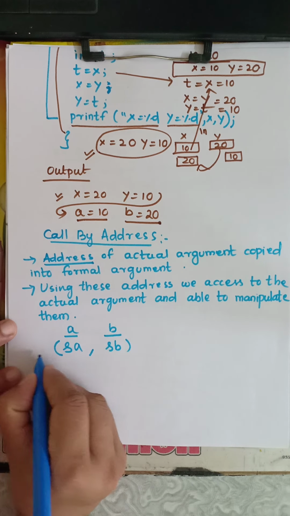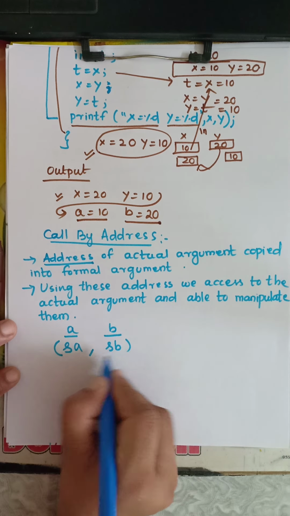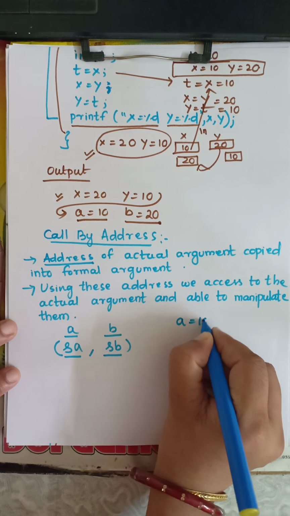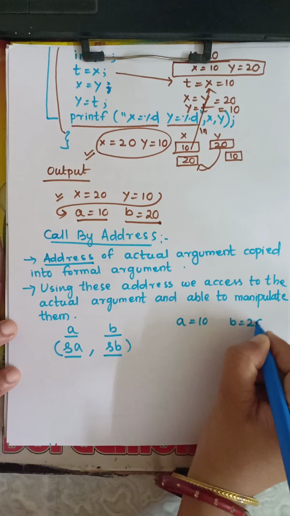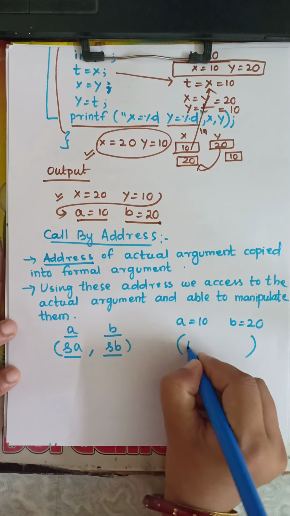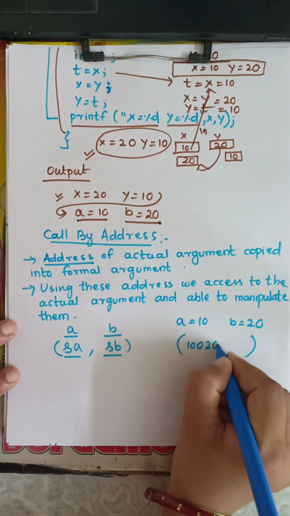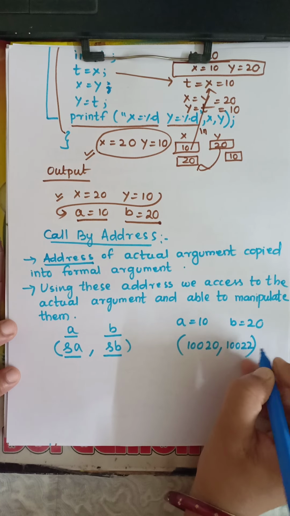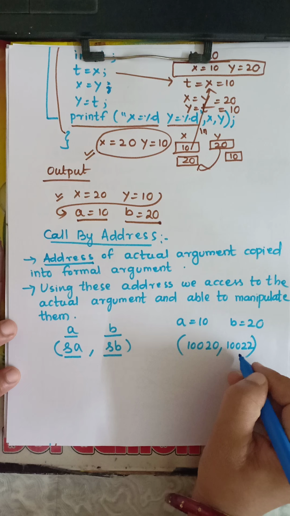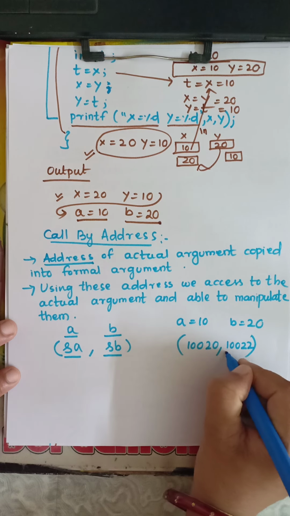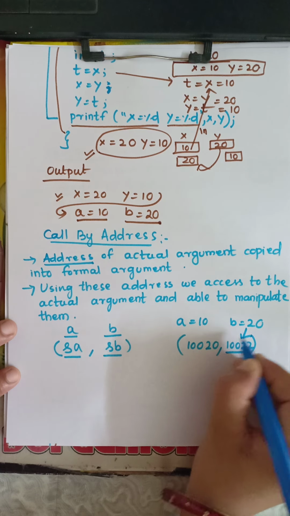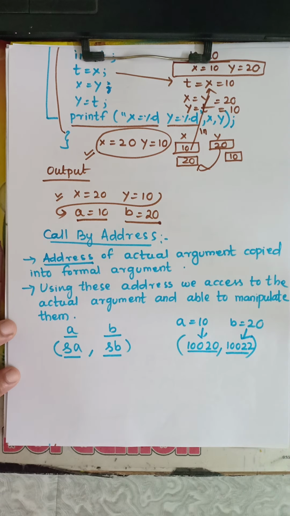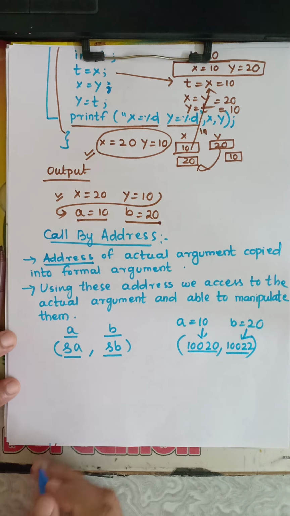Okay, in the function, here I write the function name, so we are passing the address of a and the address of b. So if a equals to 10, b equals to 20, what value do we pass here? The address. If this one is the address 10022. Okay, because for an integer the size is 2 bytes, so after the 22 position we store the value 20. In this place of the memory we store the value 10. So these values we are passing in the call by address.